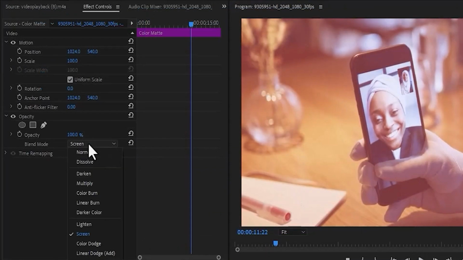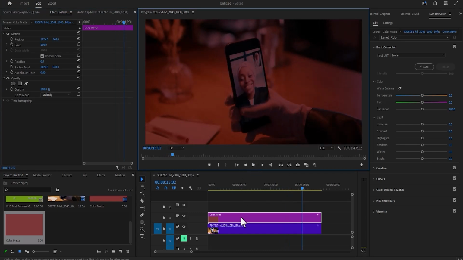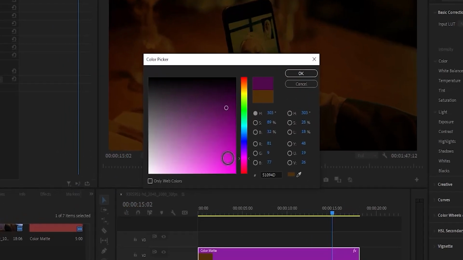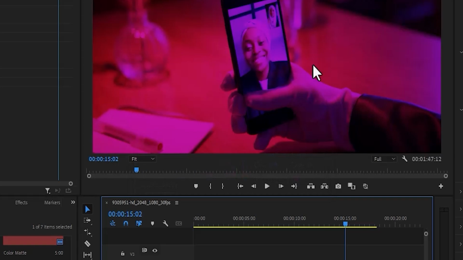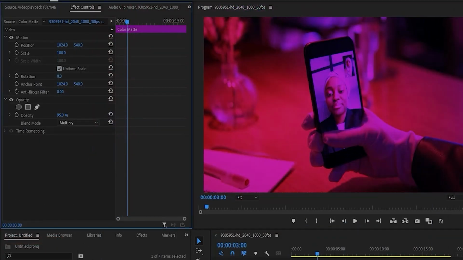You can also try other settings like multiply to add a different look. And if you like, you can also double tap on the color mate and try a different color once more. And you can also adjust the opacity of the color mate by coming over to opacity over here and reducing the value. And that's it guys on how to add color filters